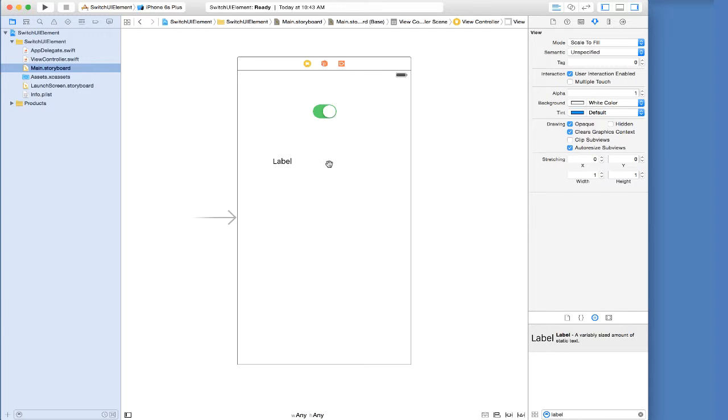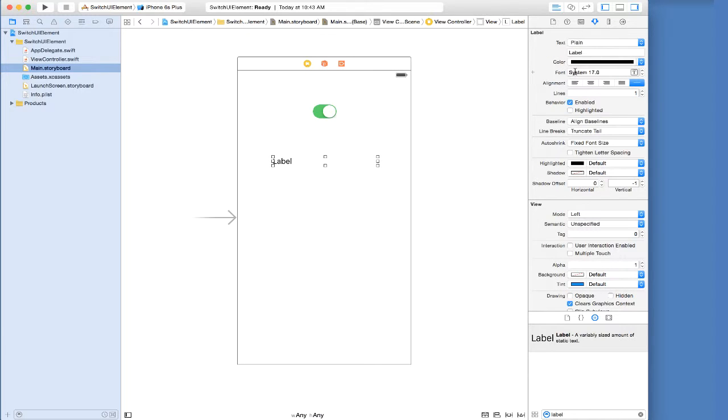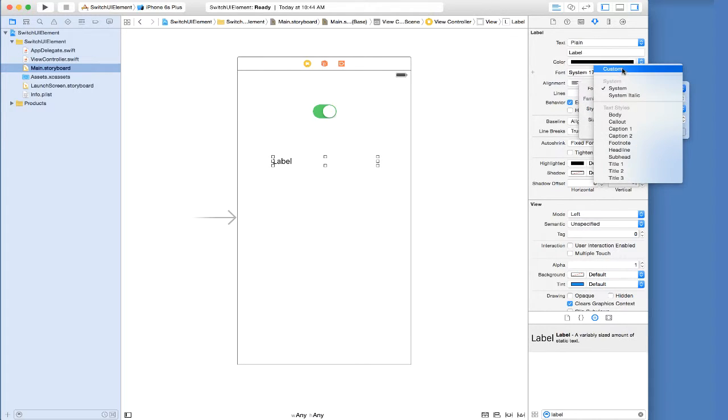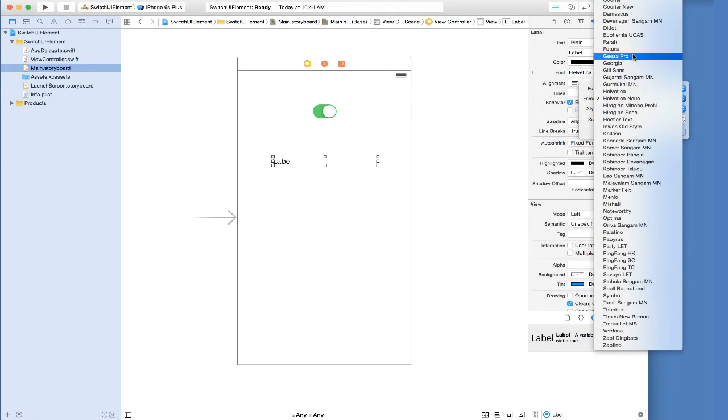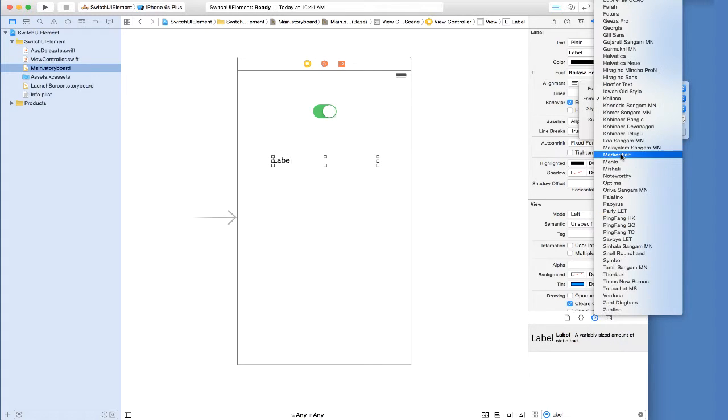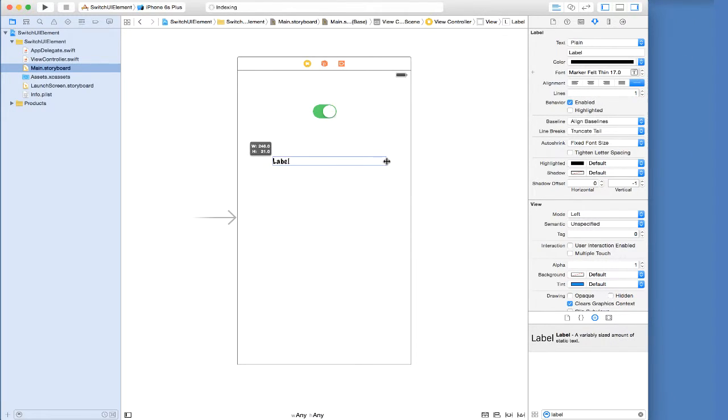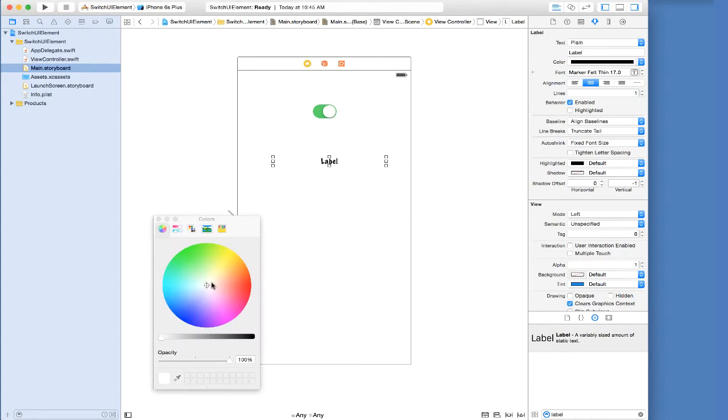And while we're here, let's change a few attributes. Let's go to font and click on text. And now let's go to custom. As you can see here, if you go to custom font, you will have this family. Click on family here, and you notice Xcode shows all of the fonts that are installed in your computer. You can select whichever you want here. In this case, how about Marker Felt? There we go. That looks decent. Then let's center it, align center over there. That's good. We can also change the color picker here. Let's find something different for that color. Okay, that looks good. Perfect.